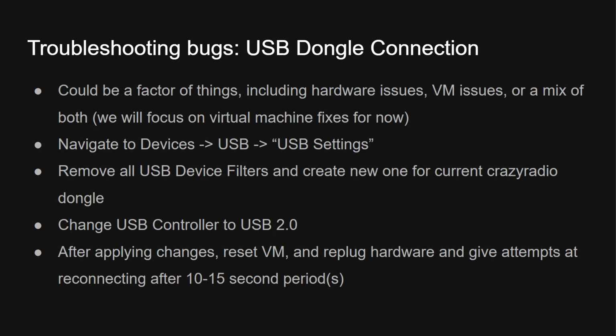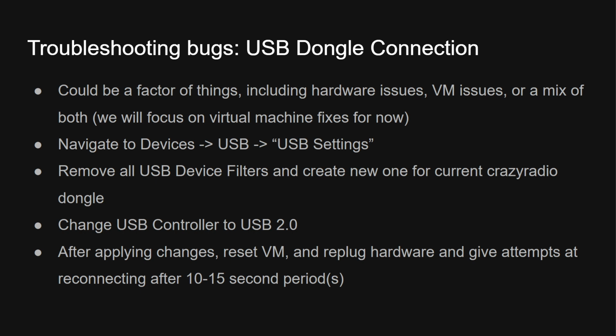So now we're going to talk about troubleshooting. With the USB dongle connection, there are several different things that can stem from issues with the dongle, including hardware issues, software issues with the GUI, but we do have some VM issues we can target. One being USB settings that are found in the device menu. If you remove all of these USB device filters and then just create a new one for the current Crazyradio,